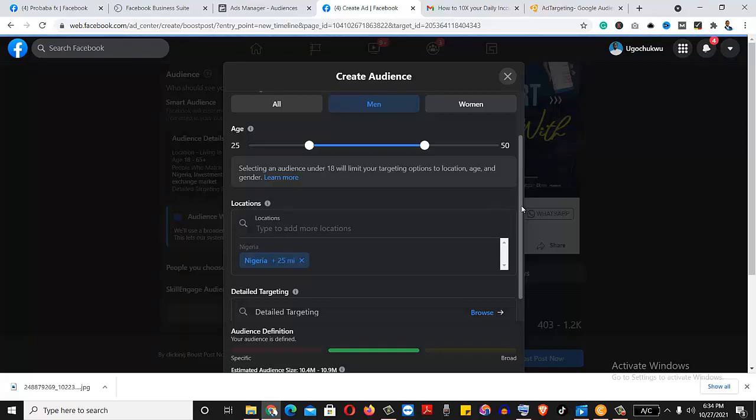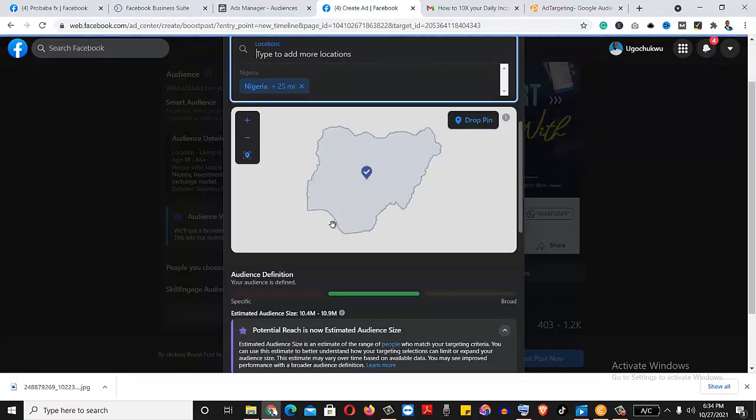I don't want people from Aba and all, because you have to also factor insecurity into the picture. And a lot of people wouldn't want to travel for an event where they'll have to come from another city and pay for a hotel to stay and all that. So I don't want any other city. All I want is just Port Harcourt. So I will type